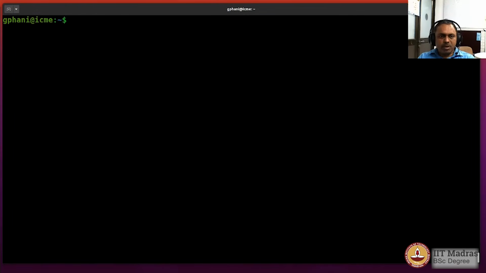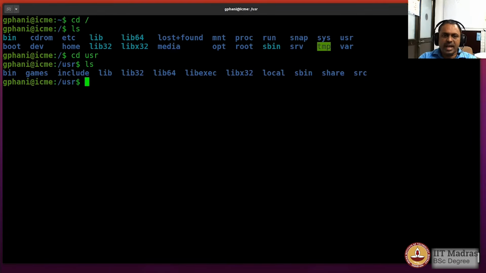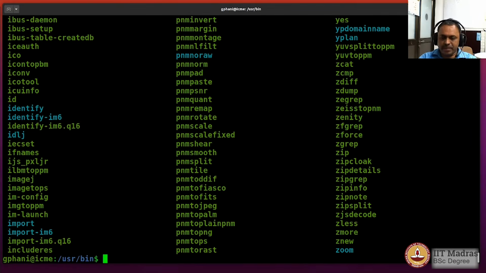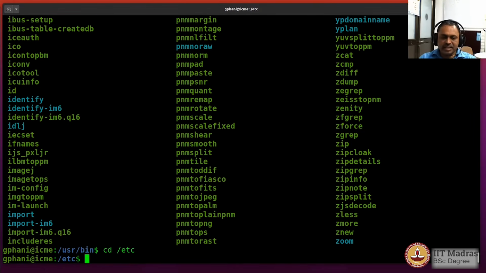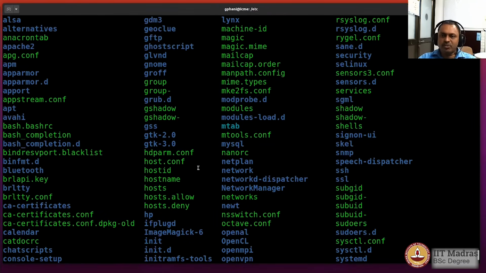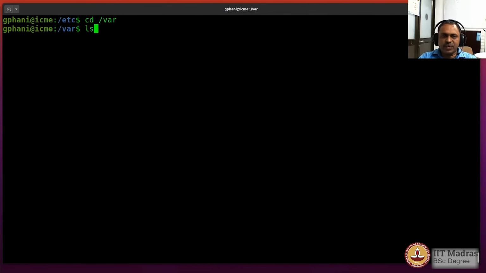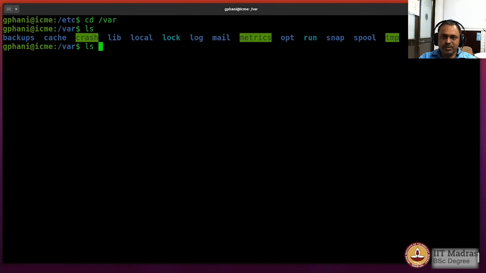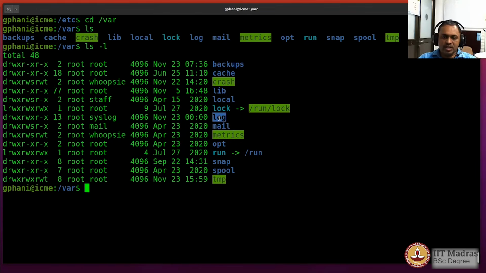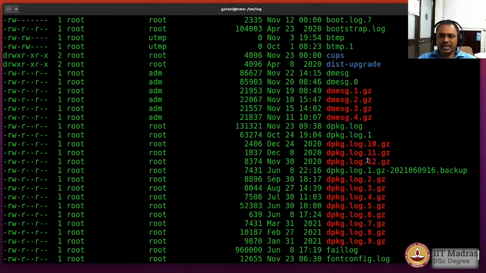Now let us come back to the command prompt and look at these directories. So we go back to the root folder and you see that there's a usr directory, and in that there is a bin directory, and you have got all these commands. And we also noticed the /etc. So look at what is all there in /etc. You would see that a whole bunch of files are named .conf, which is basically the configuration for those respective services. And /var is a folder where we said that log files will be located, and they are all in this folder called log. And you would see that there are logs that are created for various services.